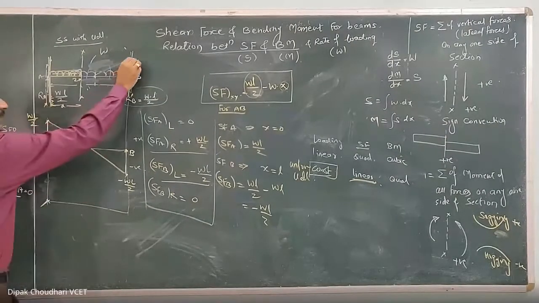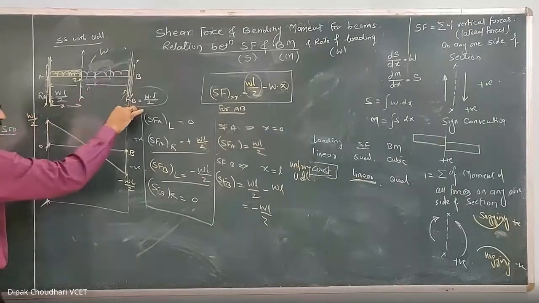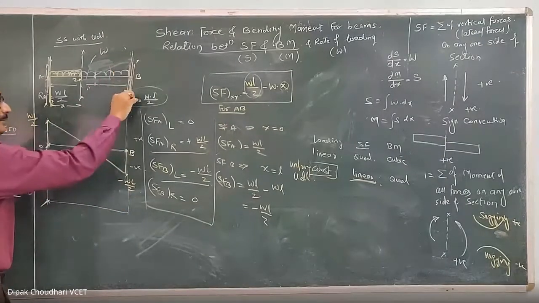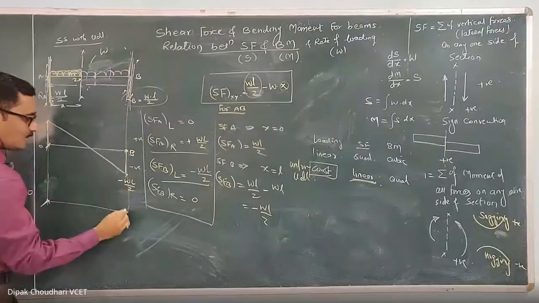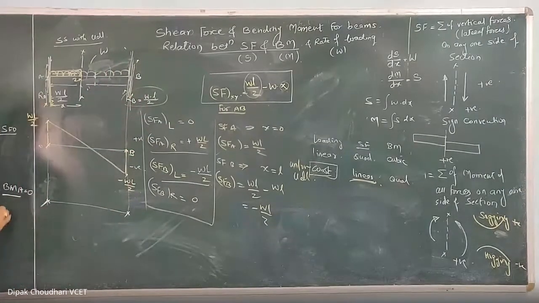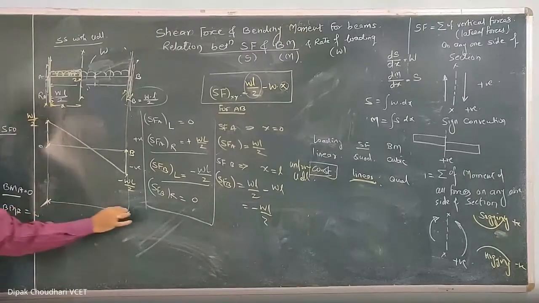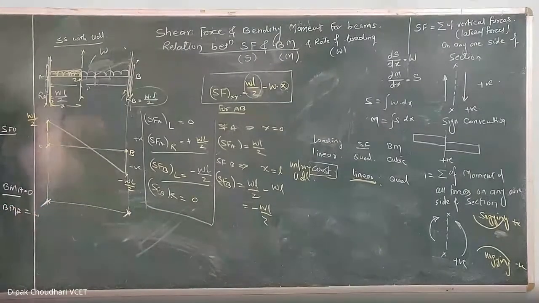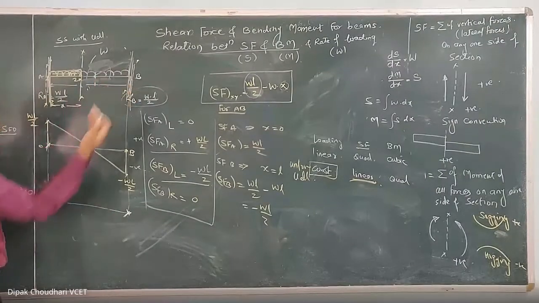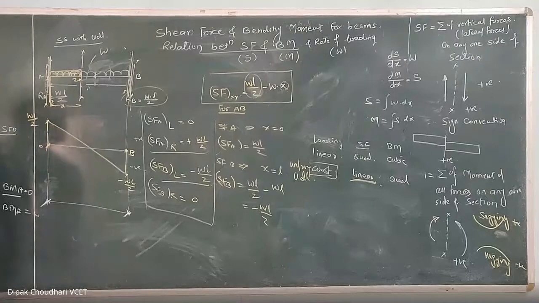Same thing, bending moment at point B. To calculate the bending moment at point B, consider the section at point B, और ये section के right side में एक भी force नहीं है, तो उसका moment भी 0 हो जाएगा. So bending moment at point A and bending moment at point B, both are 0. This I have plotted. Yeah. Now during this A to B, how does the bending moment vary? So that variation we have to do.